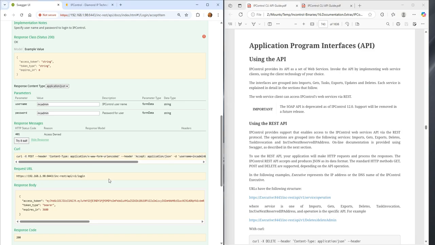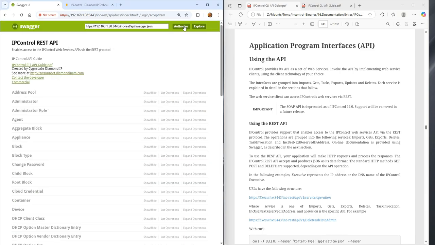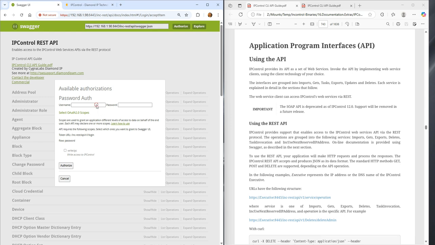So with all of that said, the very first thing you would need to do to test or to even use this is to log in with some credential. And we're going to go ahead and do that. I'll use INC admin for this purpose. For the right IPC, if you want to have any kind of importing or access, you need to select that